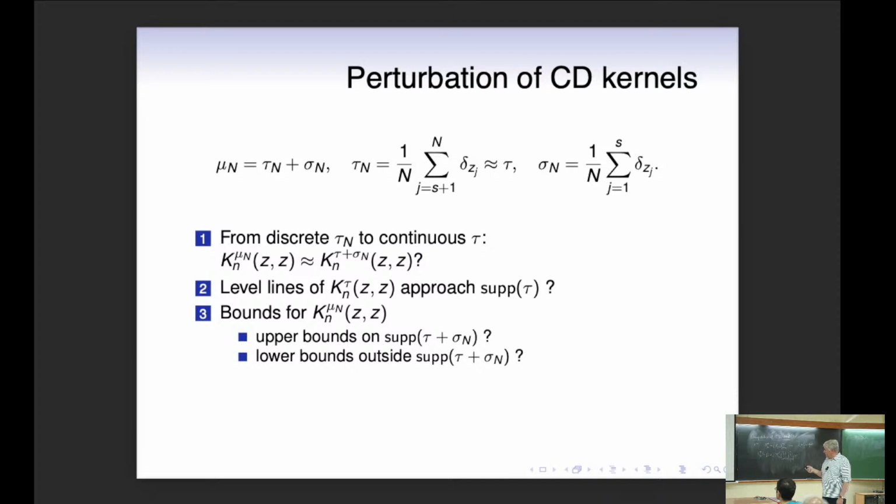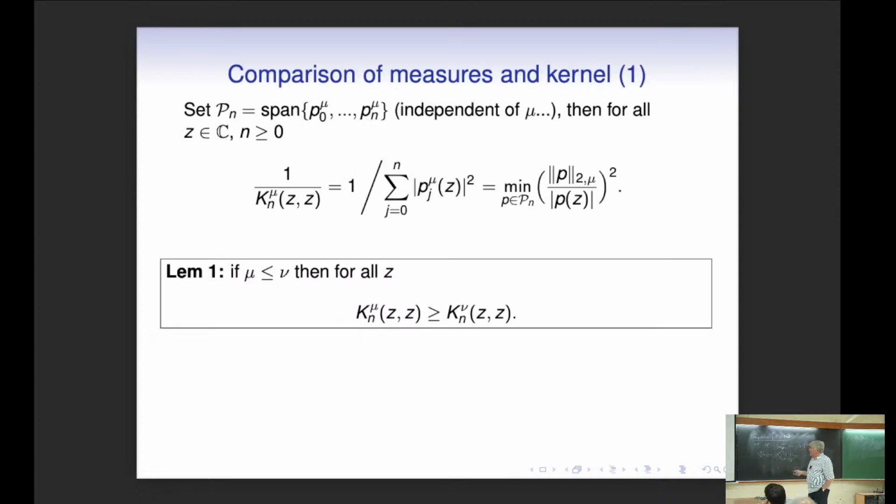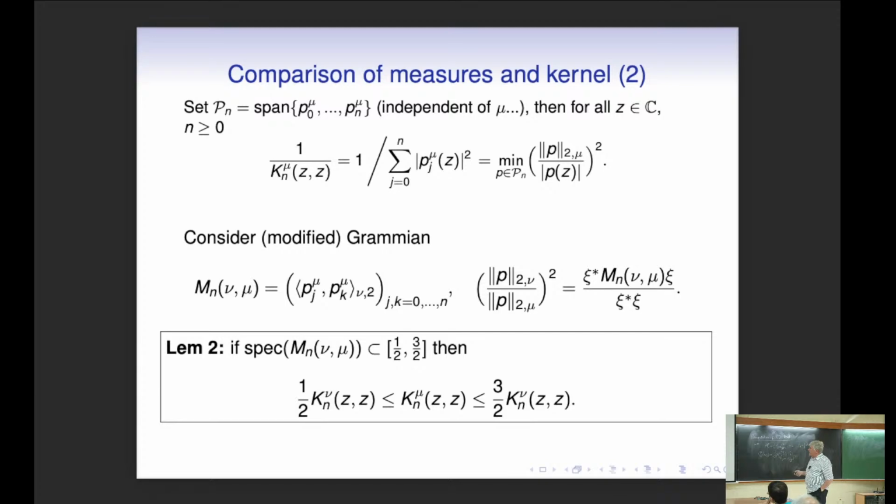This is a very classical subject, studied by approximation theory people for a very long time. And once you have this approximation in place, then you can see for sure that the level sets, the level lines of the Christoffel function will approach the support, but with a different rate, depending whether you have point masses or you have a cloud. And again, you have comparisons, some very simple observations, and it turns out that when you compare the ideal cloud with the approximated one, you have lower and upper bounds.